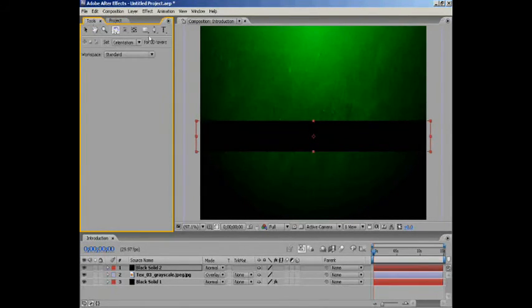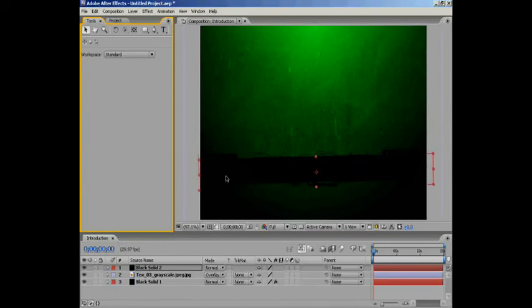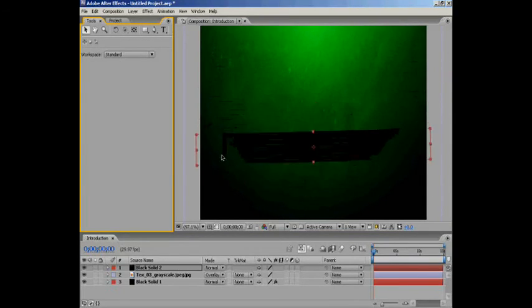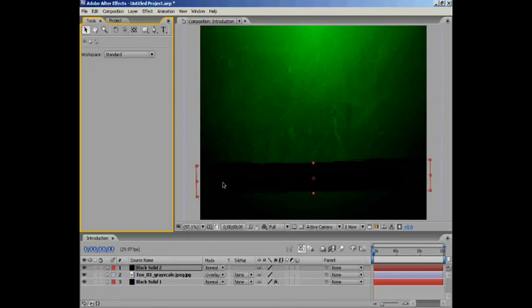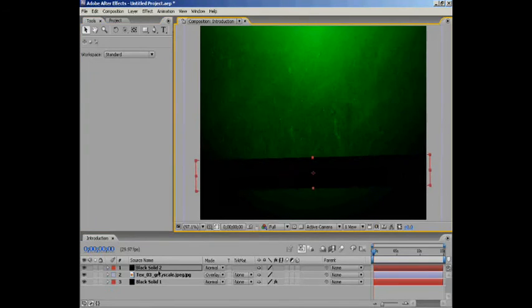So you just press W for the rotate tool, or you can just click the icon up there. I'll just rotate a bit, not too much. There, that should do. Now I just drag it down. You can position it anywhere on the screen. Alright. Now I'll highlight the layer that we just created, which is the black solid. Hold Control and press D